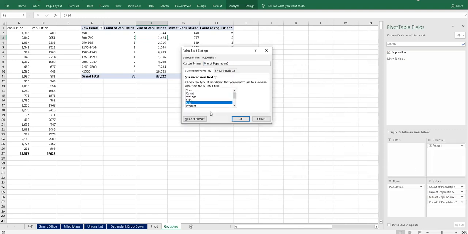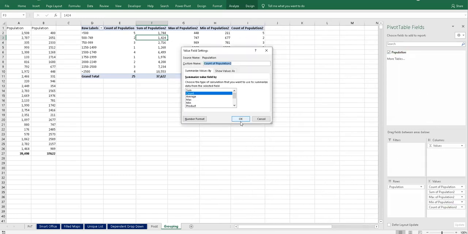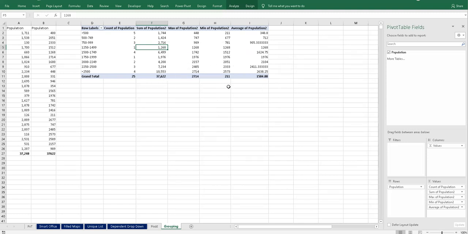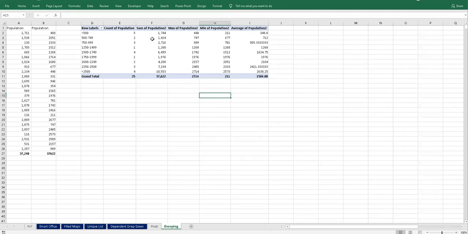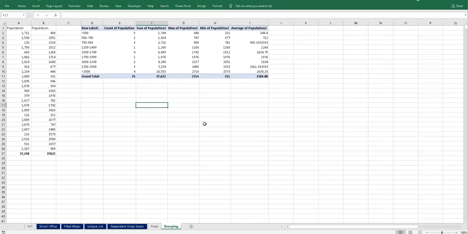values to give you an idea. Say that 211 and this one is coming over here. And then again, we can put it as an average also, whatever you require. So at a glance, it will give you the whole information which we have been doing. So this is a very powerful function: less than 500, what is the maximum number? What is the minimum number? What is the range or average of these things? So this is a very good function to give you an idea about the grouping.